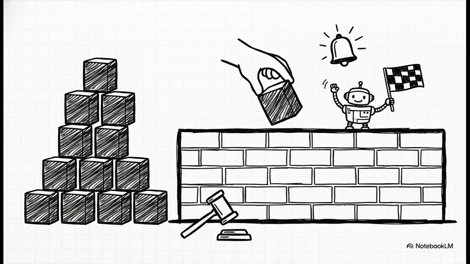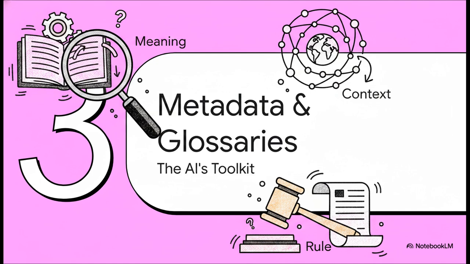The third dimension is the rule, and this is the real game changer, because it turns the AI into an active decision maker. If your local labor laws state that an operator can only do a maximum of 10 tours a day, the AI learns that hitting 11 is a legal violation. Suddenly, the agent isn't just reading data, it's actively flagging risks before they even happen. So how do we actually build this out?